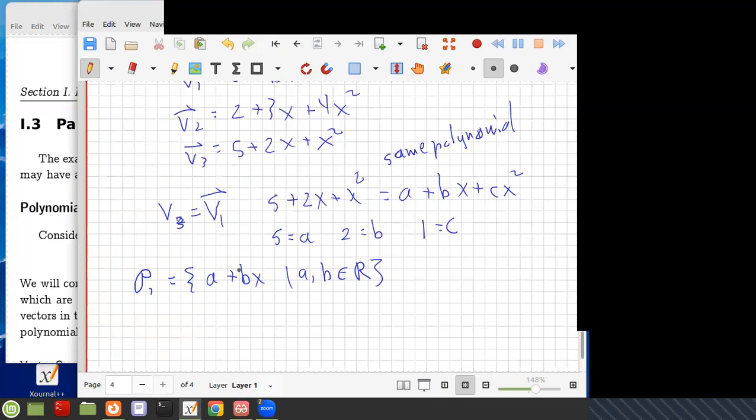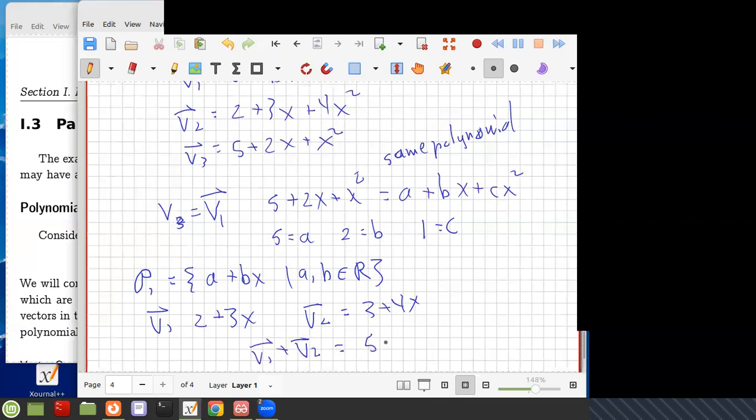There we had two variables, x and y, so that was a little bit different, but it's similar in that respect. Well, how do we add polynomials? So let's do this with P1. If we have 2 plus 3x as V1 and V2 equals 3 plus 4x, then V1 plus V2 equals